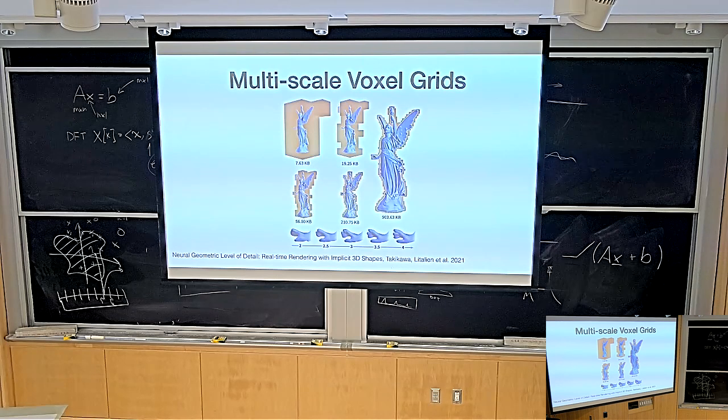And here, basically, it shows you why people were interested in this. It's kind of a trade-off, right? On the top left, you have a really low-resolution voxel grid, so the neural network has to do most of the heavy lifting. It's kind of like just having a neural field that encodes the whole shape, right? A neural field is a special case where you just have one voxel, and then you encode everything with the neural network. And then as you increase the resolution of the voxel grid, it gets easier and easier to store the model. But of course, it gets more and more expensive to store the voxel grid. But it's a neat way of trading off.